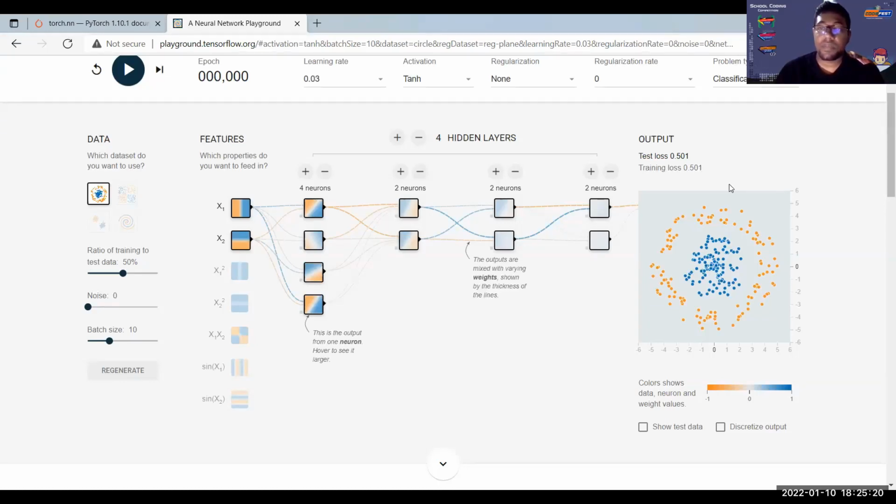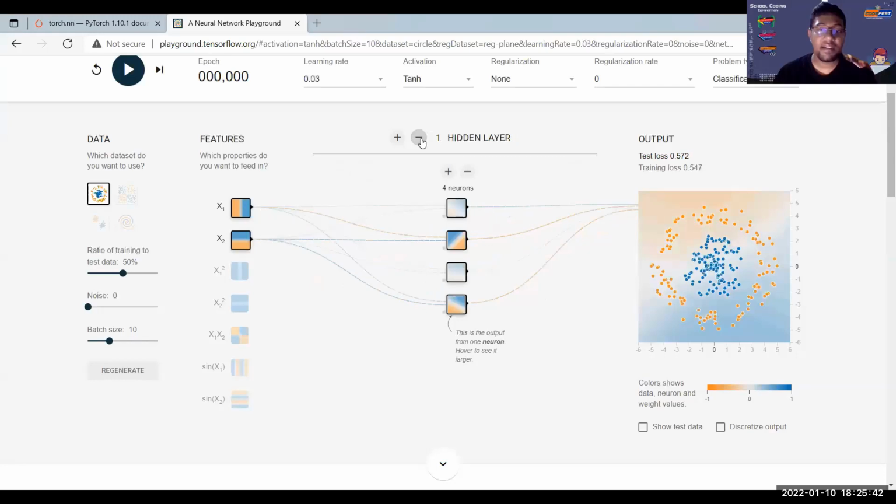So we have data sets, data points like this, and the ones that you see in yellow color belong to one specific class, and the ones you see in blue color belong to a different class. So we will simply have a single hidden layer and inputs, and then we'll run this one